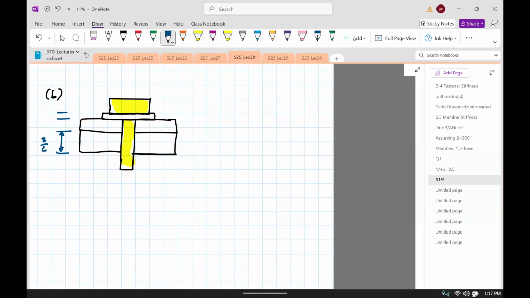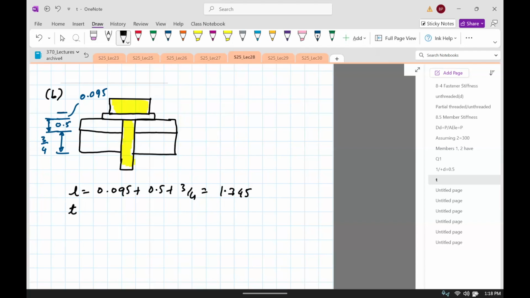This is 3/4, 0.5, and then this thing is 0.095. Okay, so the total length is 0.095 plus 0.5 plus 3/4. So this comes out to be 1.345. Okay, and to compute this thickness T, or the height for the first star, we always take the half